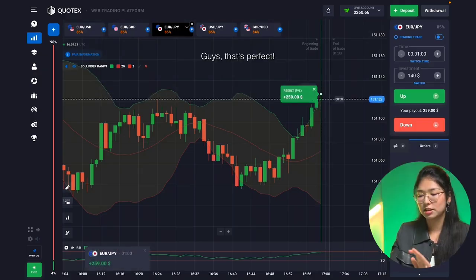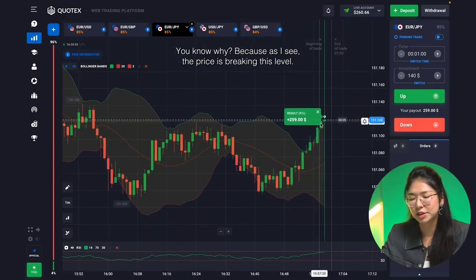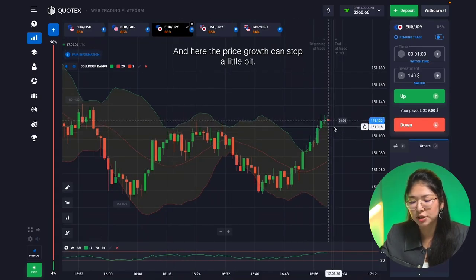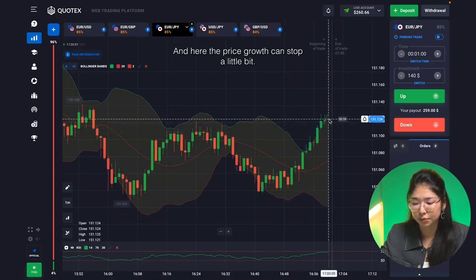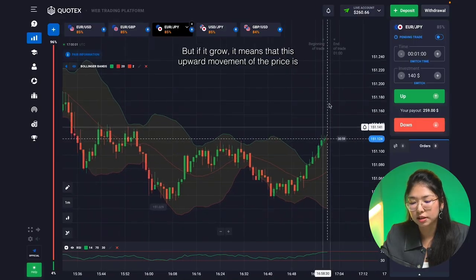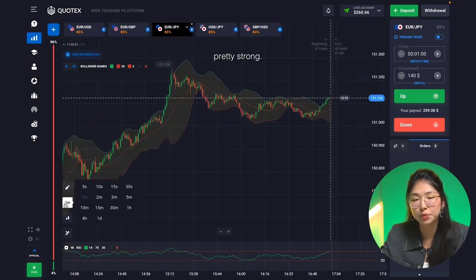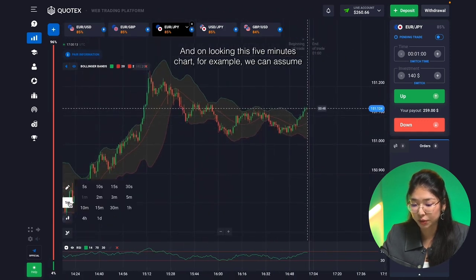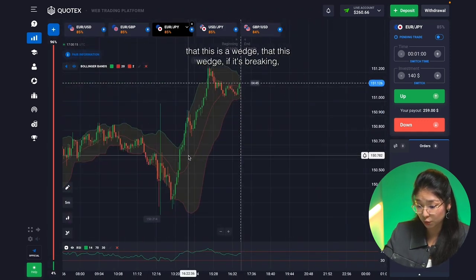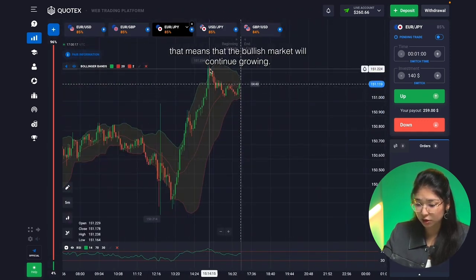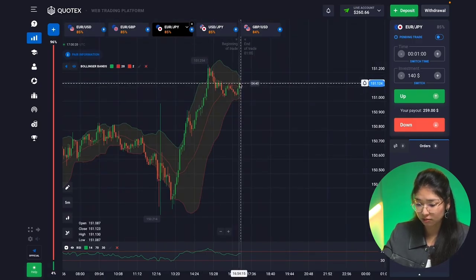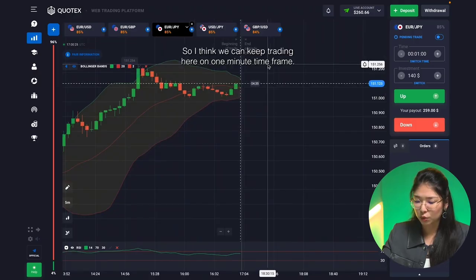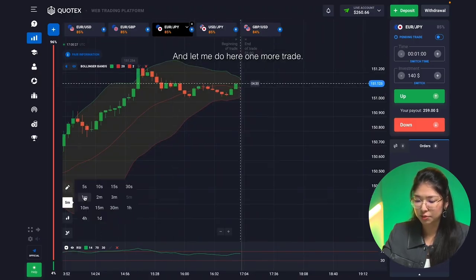Guys, that's astonishing. You know why? Because as I see, the price is breaking this level. Firstly, this level is already broken, and here the price growth can stop a little bit. But if it grows, it means that this upward movement of the price is pretty strong. And looking at this 5 minutes chart, for example, we can assume that this is a wedge. If it's broken, that means that this bullish market will continue growing. So pretty interesting. I think we can keep trading here on the 1 minute time frame, and let me do